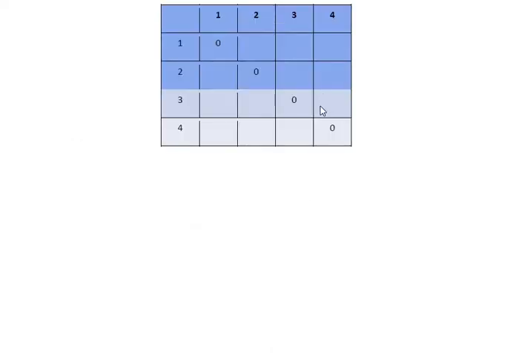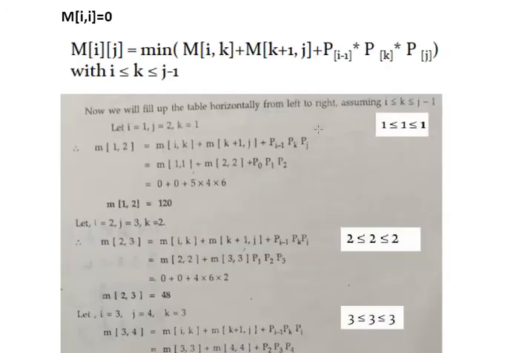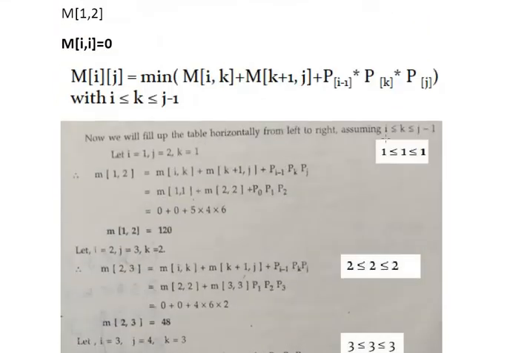Now same you have find this value M of 3 4. We have checked here. So this is the importance of the matrix chain multiplication, and you have assumed that here the value you have find that, and the value is I equal to 3, j equal to 4 here. I equal to 3, j equal to 4. Now 4 minus 1 3. It means I is 3, j is 3.